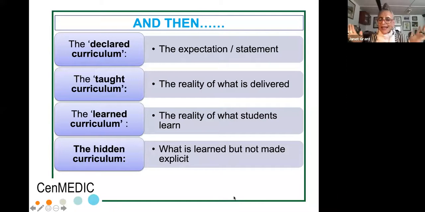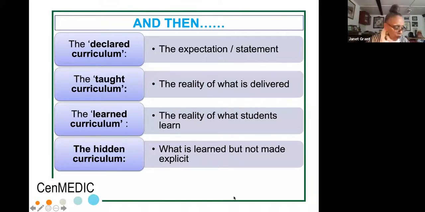Curriculum management is hardly ever discussed in medical education. It is fundamental. And then you've got the learned curriculum. So the curriculum can be taught in whatever way it's taught, but what is learned isn't necessarily the same as what is taught. And that's for a whole variety of reasons, some of which is this thing that you all know about, the hidden curriculum. And the hidden curriculum isn't hidden at all. It's a ridiculous term. It is the messages that people give about the curriculum. It's what people do rather than what they say.